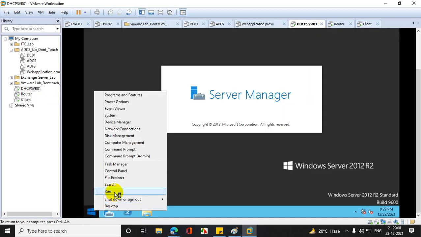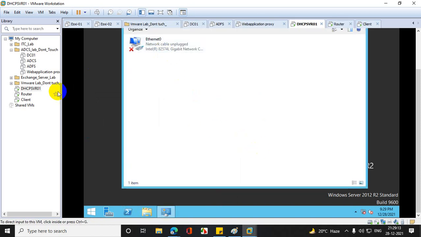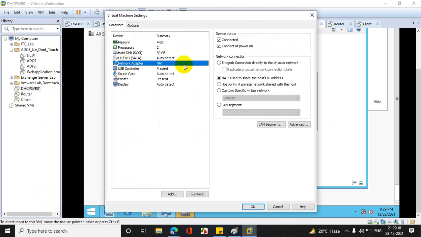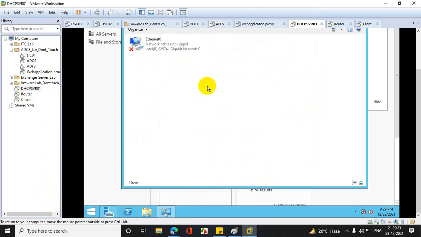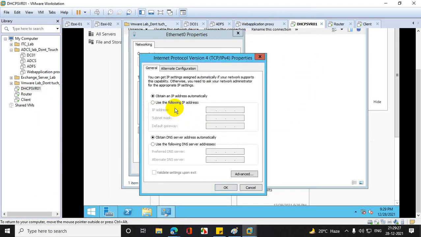Okay, fine. So this is my DHCP machine. I will put it directly on VLAN 01. So it will be on 9.